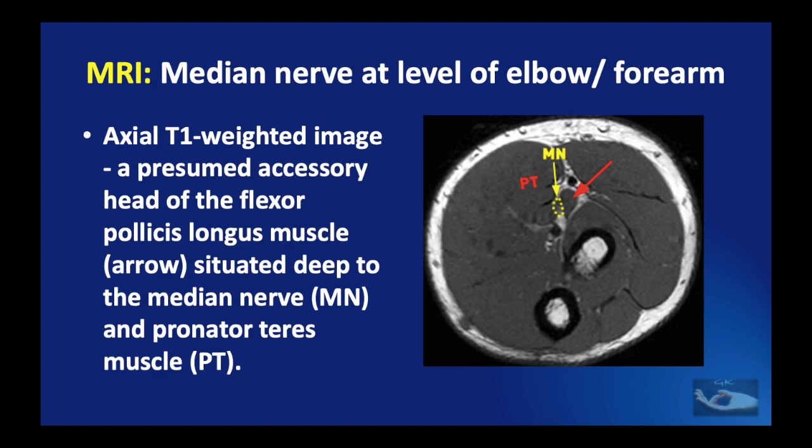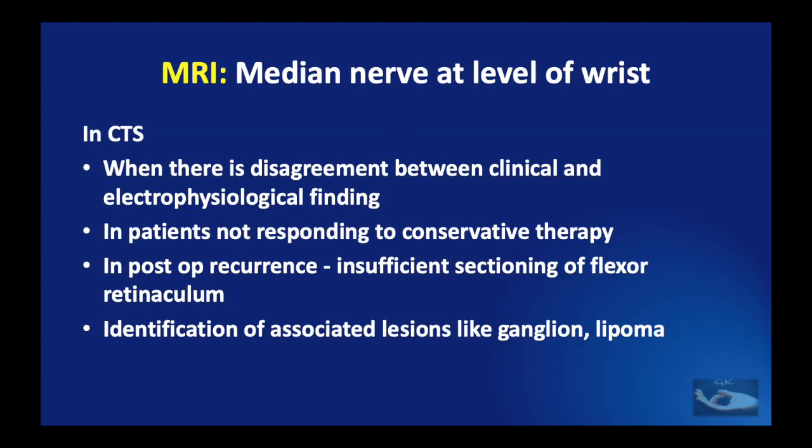MRI is also found to be useful at the level of the elbow and forearm, where the probable cause of the compression neuropathy can be detected, as in this example where an accessory head of the flexor pollicis longus is situated deep to the median nerve and pronator teres muscle, which could probably be the cause for the compression in this patient. However, in carpal tunnel syndrome, MRI is not as useful as ultrasound,